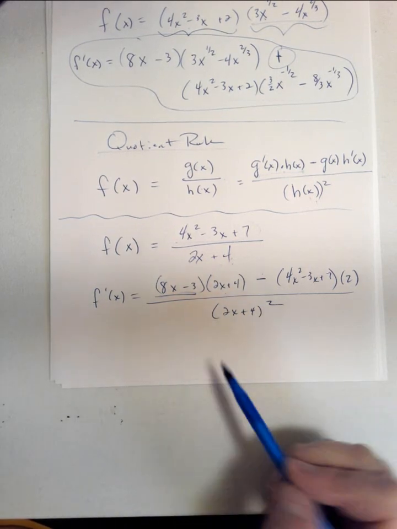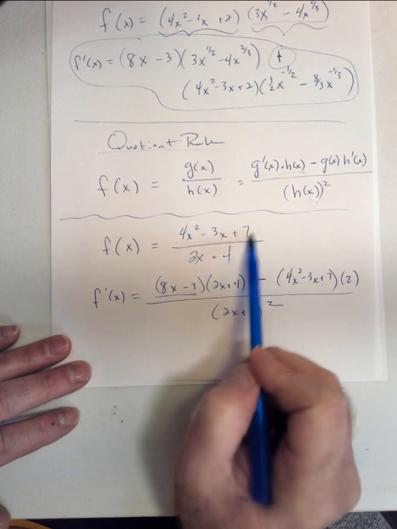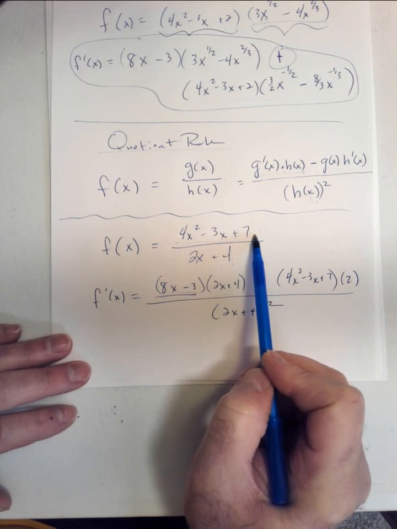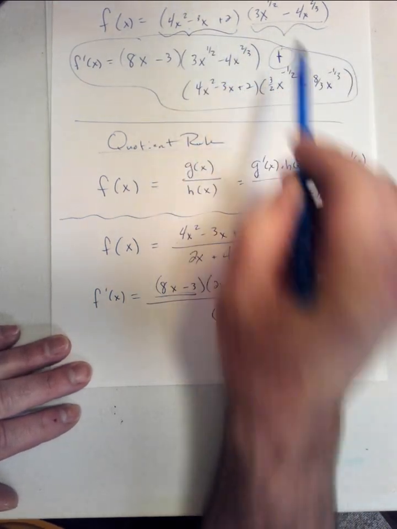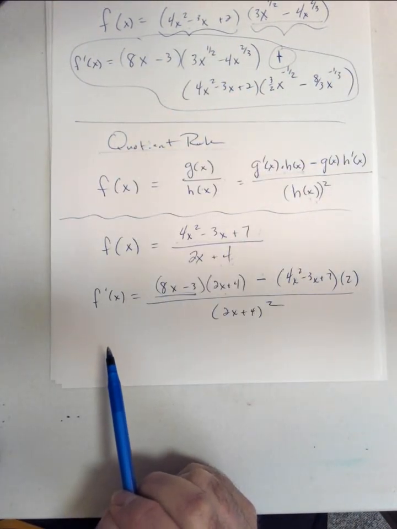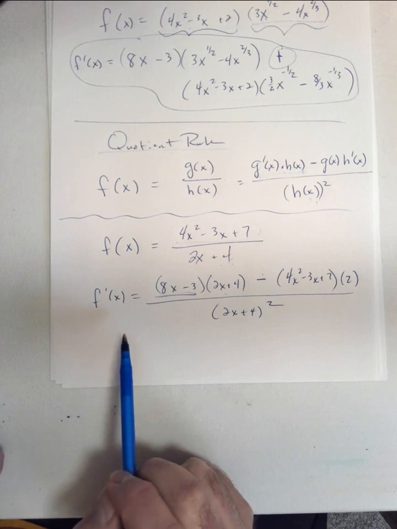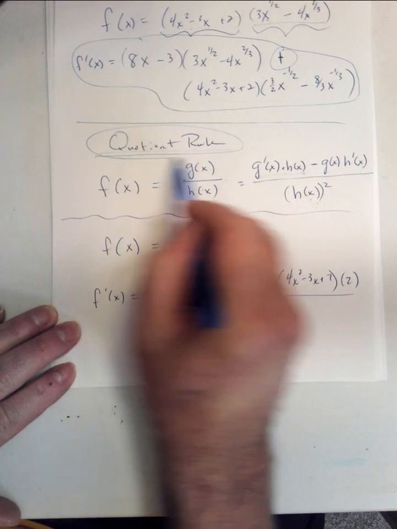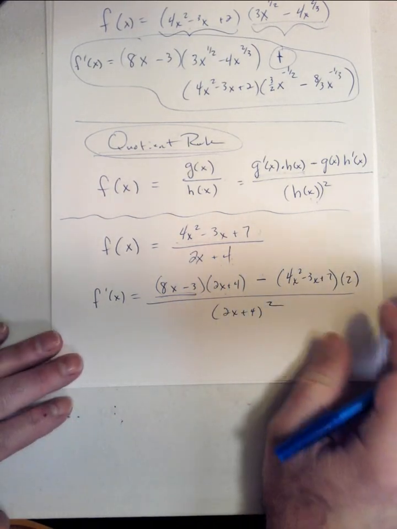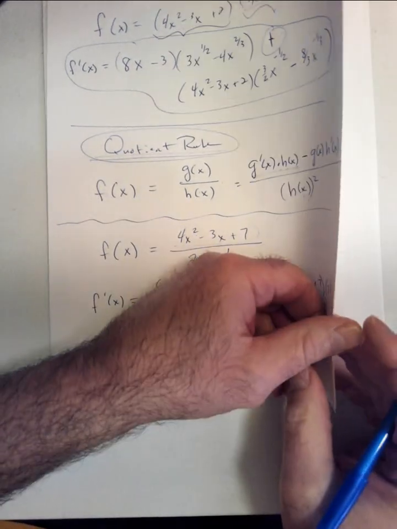And what's going to happen here is that you might have a product up top. Your numerator could be this, in which case when you do the derivative of that, it's going to require you to apply the product rule. But because the order matters with the quotient rule, you're going to have to let that dictate what you're doing. For example,